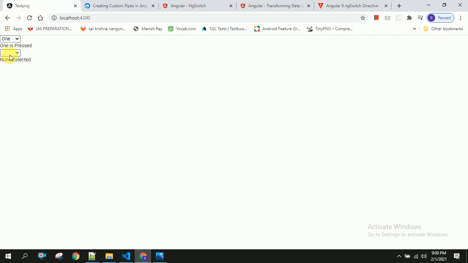So you can see here, once user has not selected anything, none will be selected, none will be displayed, and once user selected 1, this 1 will be selected, and once user selected 2, 2 selected, and if he selected 3, none selected. So we have achieved this by using ng-switch in Angular. So let us see how to do that